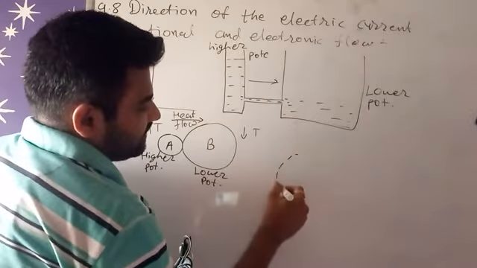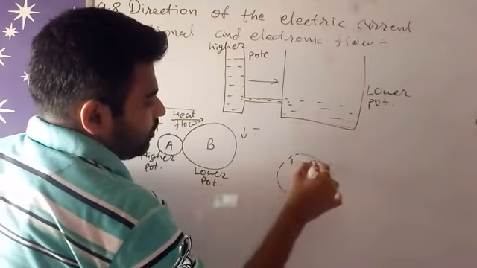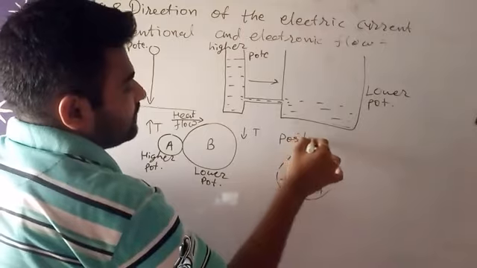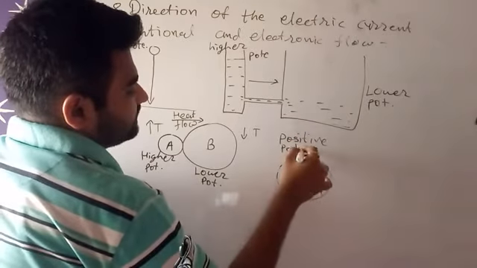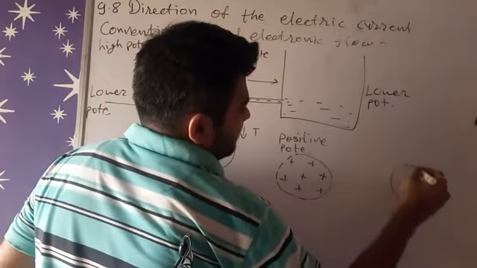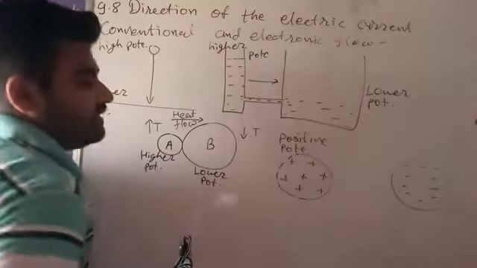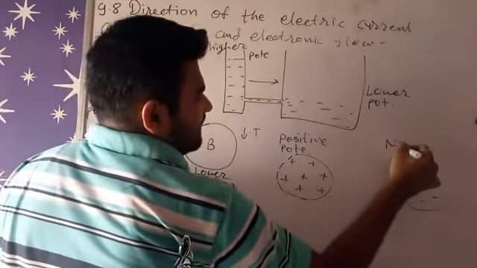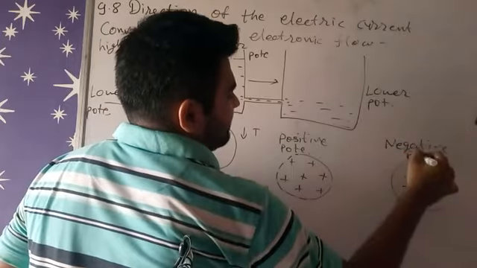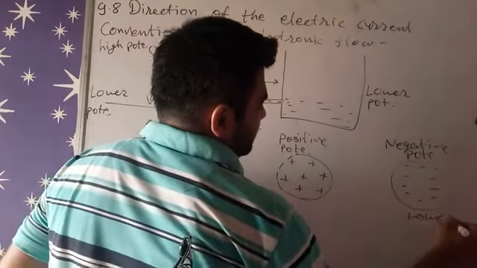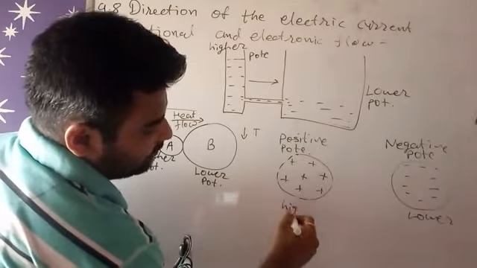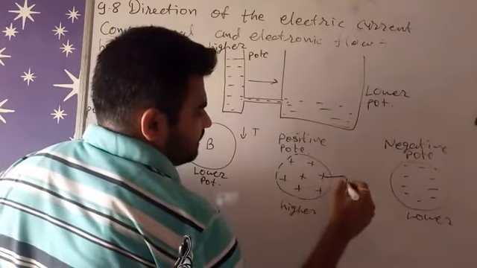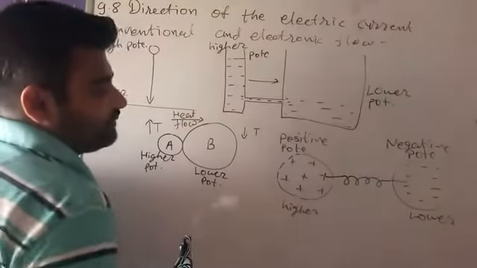See here we have one sphere carrying positive charge, means this sphere is positive, it contains positive potential, right? And this sphere contains negative potential. See here the area or volume of the sphere may differ, right? So this is at negative potential. We know that negative potential means lower potential and positive potential means higher potential, right? So now if we connect these two spheres with one metallic wire, what happens?